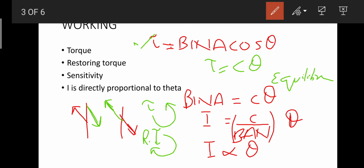Now, if I changes a little bit, there is going to be a deflection. For that purpose, we have attached an indicator or a needle over this galvanometer, and this needle rotates or moves as the current changes, right? So this formula is very important. This relation is very important, and this is the working basis of the galvanometer, on which it measures or detects the current. Now talking about galvanometer sensitivity,